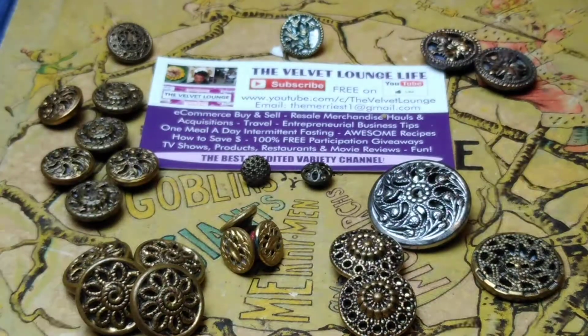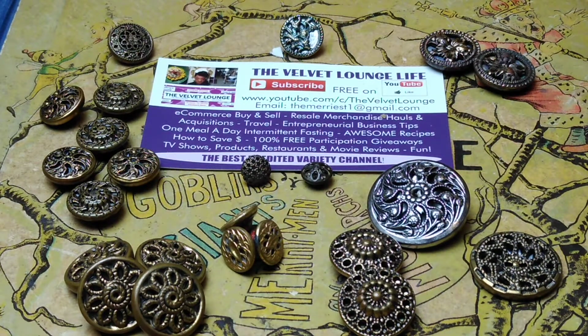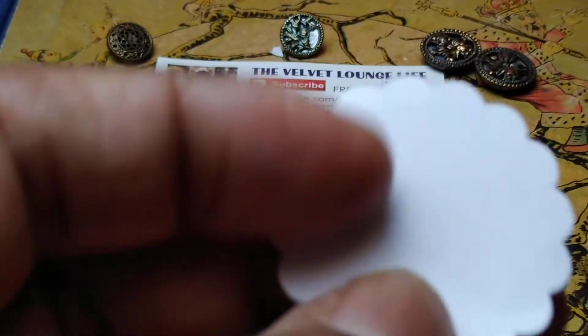And here it is. It is a button. Go figure, you're watching a button video. And I received a button in the mail that I purchased, and I'm going to share it with you guys. So this is sort of, wow. Okay. So what I ordered, or what I was hoping I was ordering,